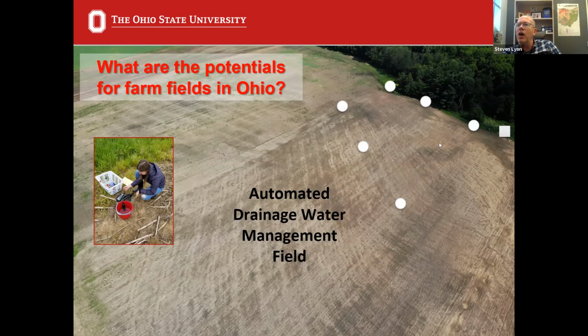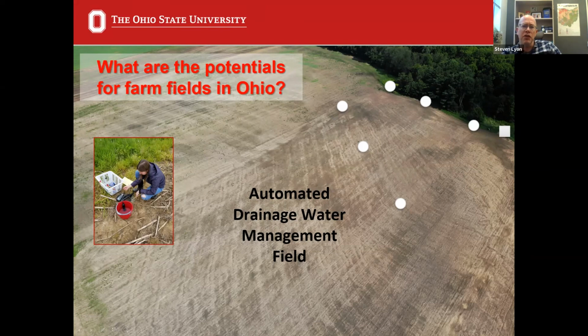We wanted to understand how does changing, here's the outlet valve right here in the white square, how does opening and closing this valve alter the flow of water as it either predominantly goes through the tile drainage system or it flows through this edge of field? How are these different flow pathways where water can leave this field being altered? And what happens to the water chemistry along the way? And so that's really what we looked at.